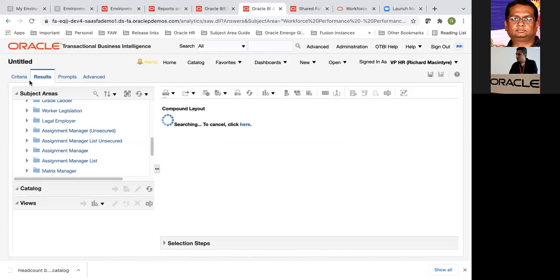One thing that all of you should remember here is OTBI is real-time reporting, and analytics is on top of real-time data. So when I say that if you enter a record in the performance module now, if I go and create a performance document right now in the application and come to OTBI for reporting, that record will be available for reporting.